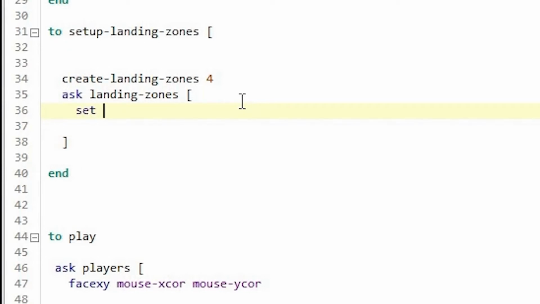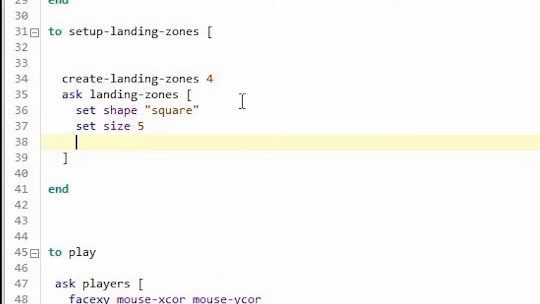to first set the shape of the landing zone to square, then set the size of the landing zone to 5, which is larger than the size of an aircraft. Then set the color to gray.